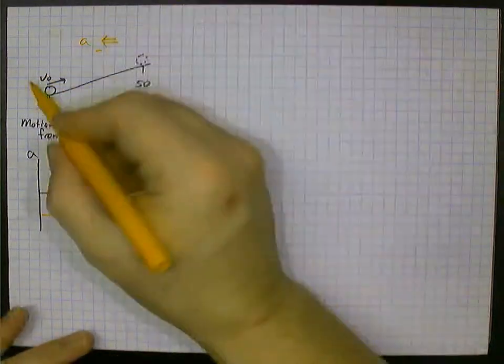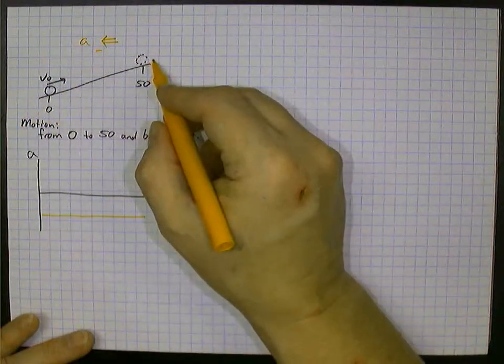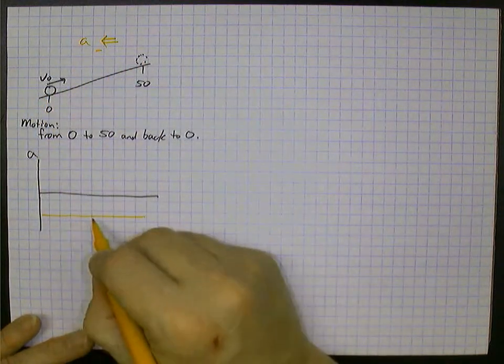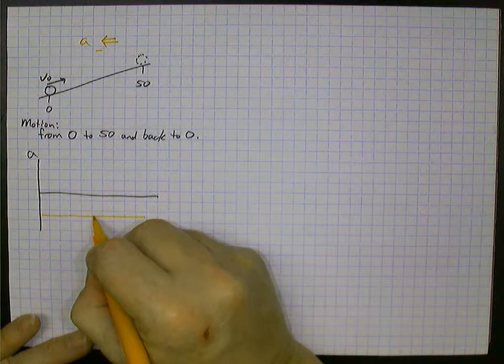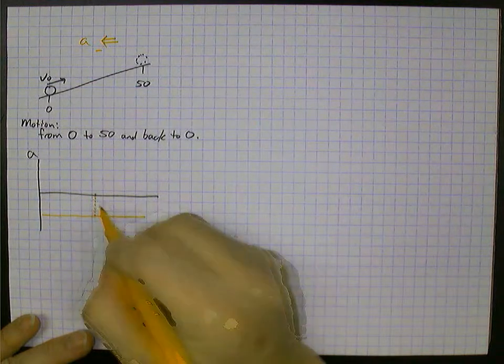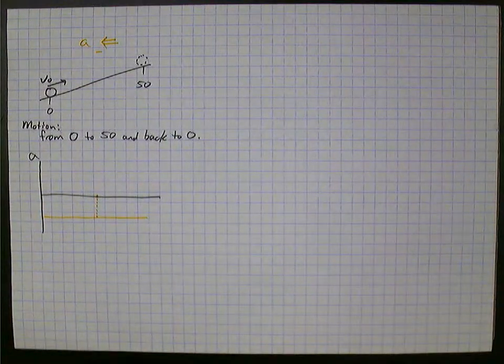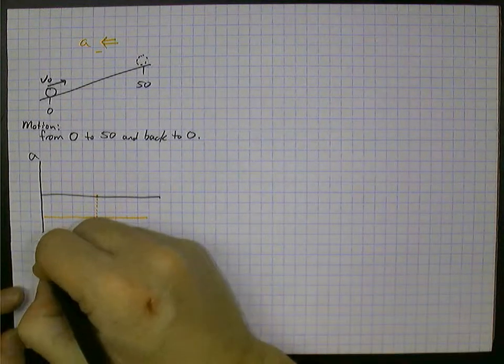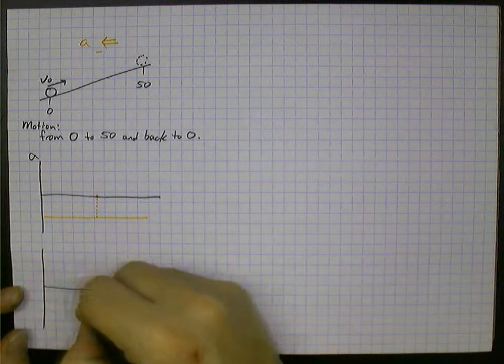I do know that it would have to be halfway through the whole time, right? It takes just as long to go up as it does to come back down. So whatever time this is, about the halfway point is when it would turn around, okay? But the acceleration stays negative throughout the entire time. The velocity